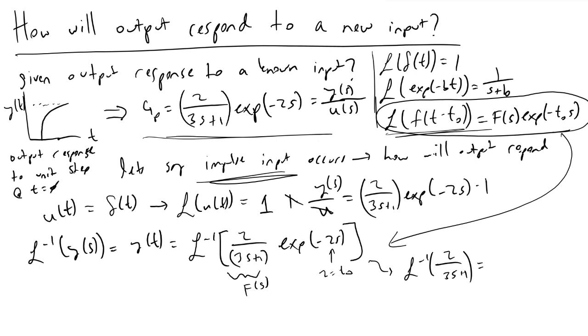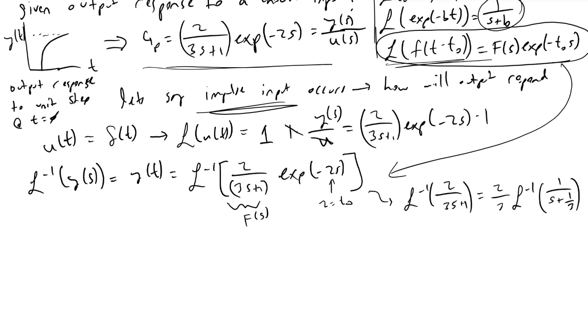And to do that, to get it into this generic form here, I'm going to divide every term by 3, and we can also pull out the 2 or whatever constant is up top. And so when we do that, we divide every term by 3. This is equal to the inverse Laplace transform of 1 over s plus 1/3. And if we evaluate what 1 over s plus 1/3 is, we'll realize how b is equal to 1/3. And so now when we plug everything in, we will find that y of t, due to an impulse input,